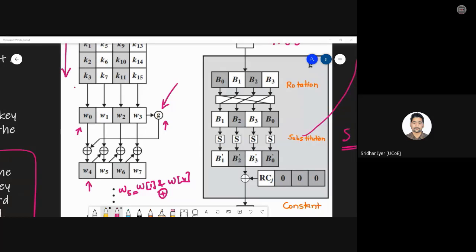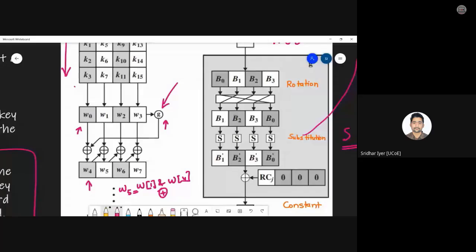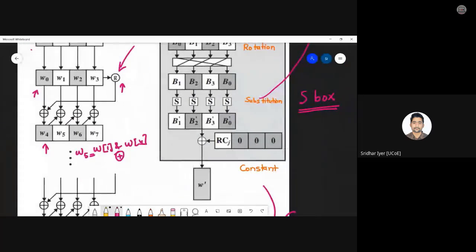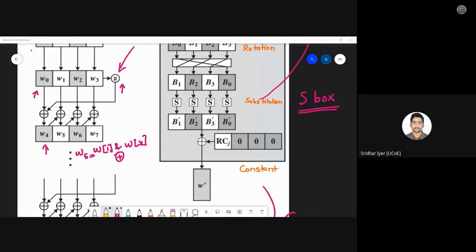Whatever is the position of W3, we do a cyclic left shift by one bit, and we get B1, B2, B3, B0 again. And then we check it against a table, which is the S box table, and substitute whatever value we get from that table as B1 dash, B2 dash, B3 dash, B0 dash. Any doubts with this so far? Do let me know if you face any issues. Come on, A division, B division, let me know if you're having any doubts. Clear? Jimit, what about you? What is the answer? Jyoti, Rohan, Ronak,